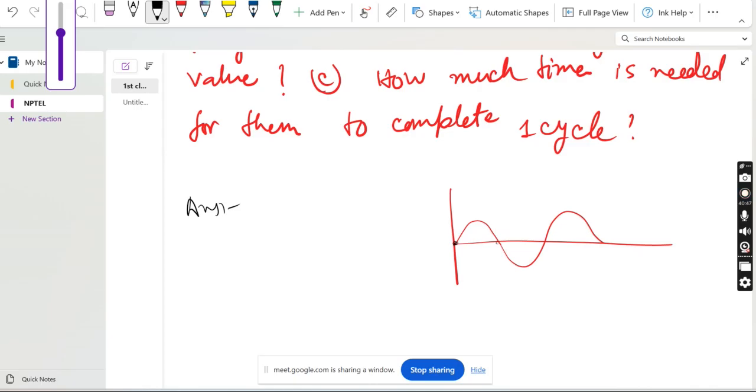Here it is 0, here it is 0, here it is 0, and this is the maximum field which is positive, and this is maximum field in negative direction. Sine has the maximum value of +1 and -1,